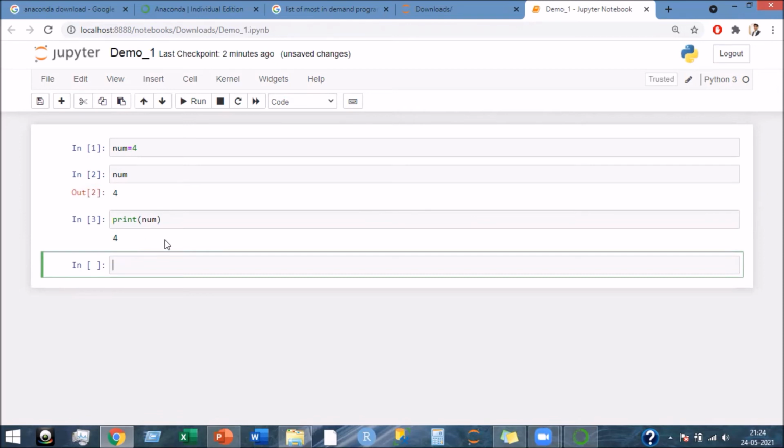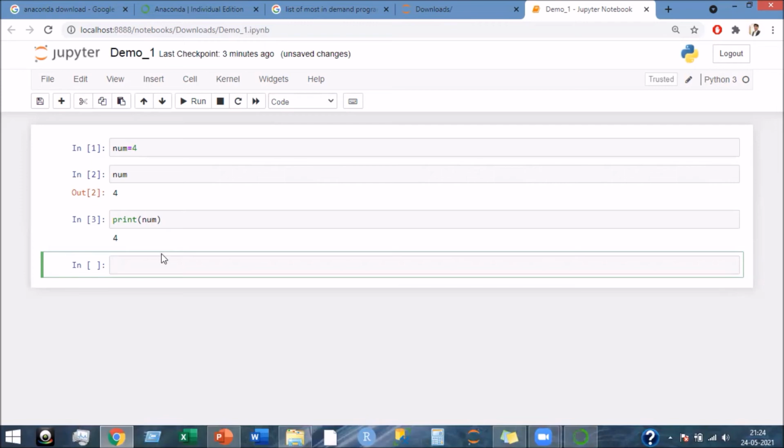The basic difference is that the output with this particular symbol will only output the last line or the last command, even though it will run the whole program. Whereas when you use the print function, wherever you give the print, it's going to output everything from it.